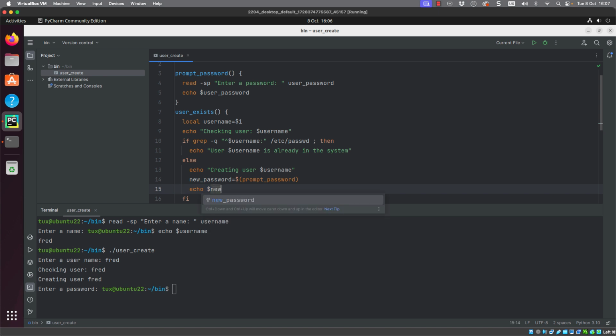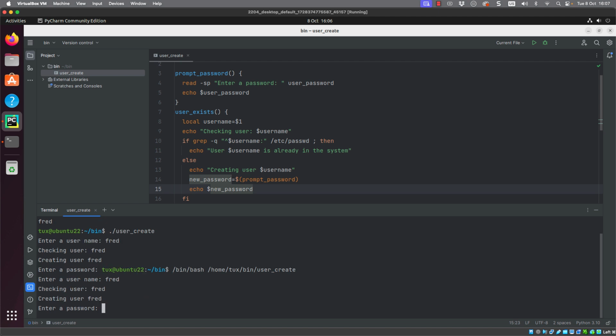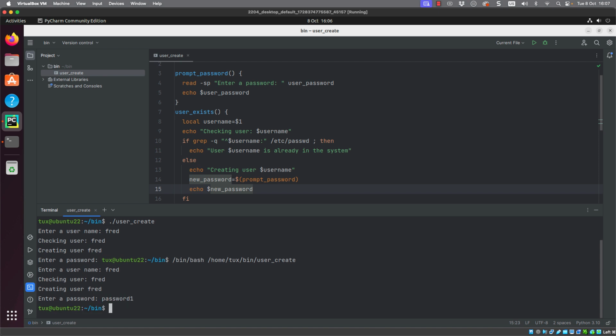So echo $new_password. We only need this temporarily in our script. We're not going to keep it here, but we're now prompting for our username, prompting for the password, but now we're echoing that password back to the screen. So we are capturing the information, but we're just not choosing to display the information back to the operator.